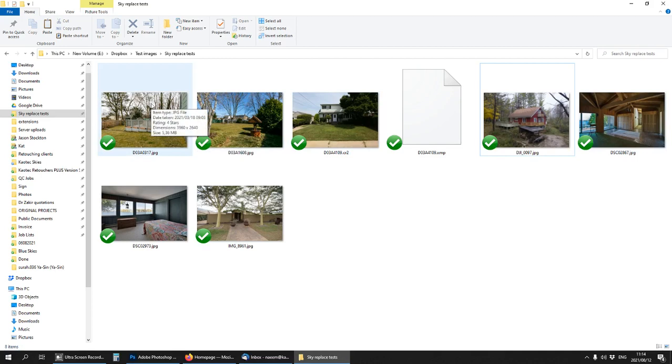So I just want to explain a bit more about the layers and about the features. I'm going to do a batch sky replacement on this folder. I have a raw file here. I made adjustments to it. I have my XMP here